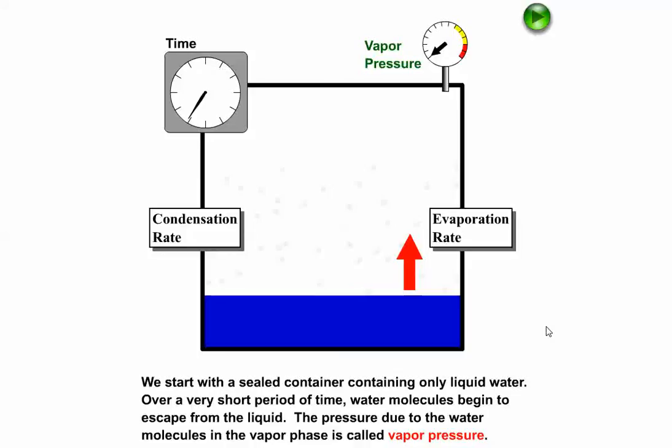Condensation and evaporation. So let's look at this little experiment here. It's a closed chamber, and let's pretend that at the beginning we have only liquid water present. There's no gaseous water vapor present initially. So that means our vapor pressure here, as indicated on the little gauge, is 0. That's our initial state. But as we go on,